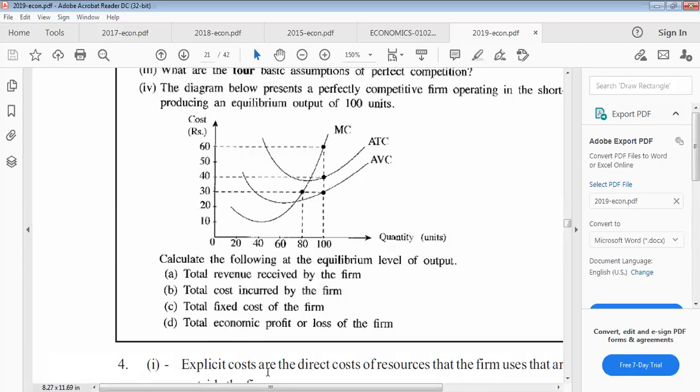Just try these four parts quickly. See this? TR